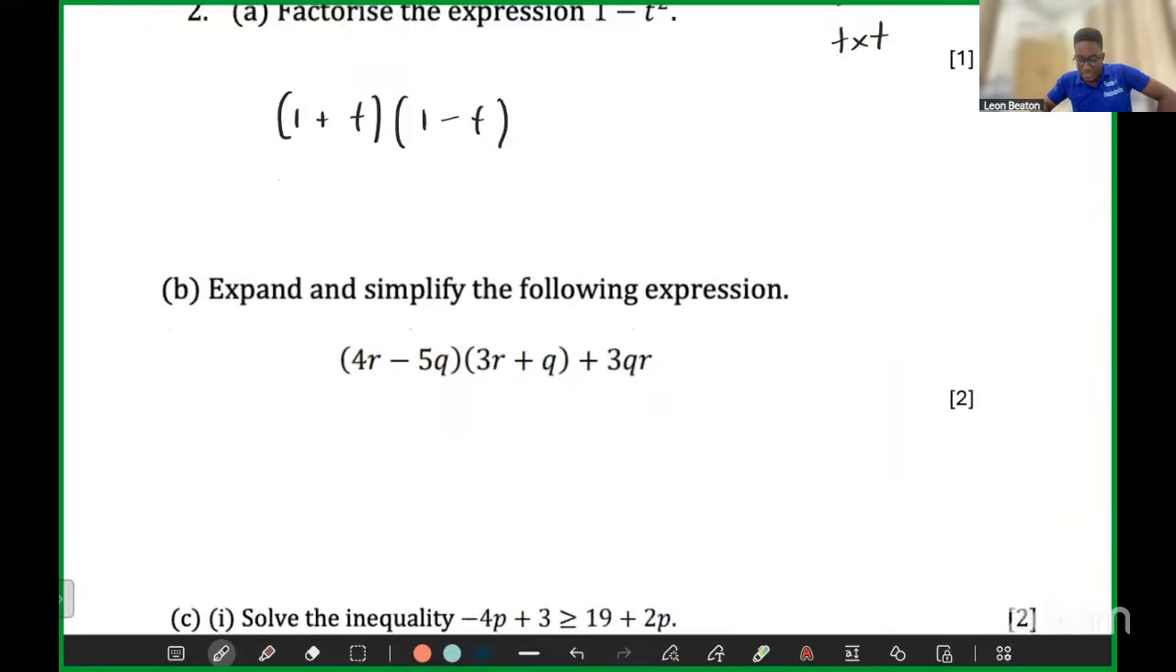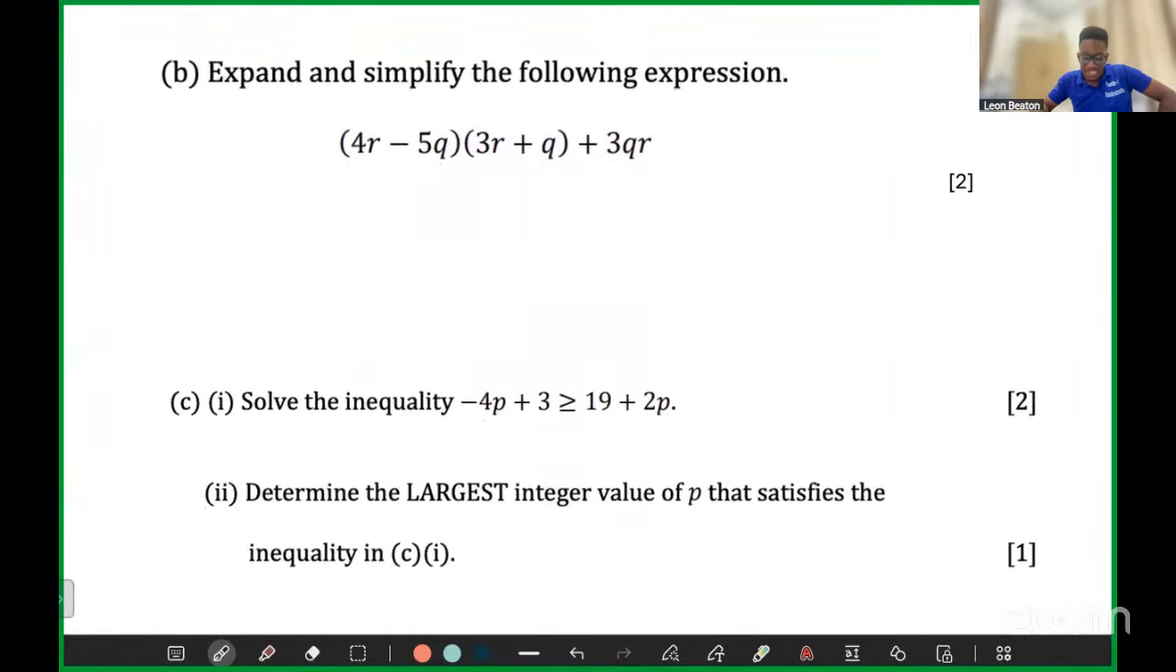Next one, you're asked to expand and simplify the following expression. One thing we should know whenever we are expanding or simplifying, let's talk about the expanding first. We have to expand these two brackets, meaning we have to use the distributive law. Many students tend to get confused and mix up how we expand these brackets. So an easy way to do this would be,